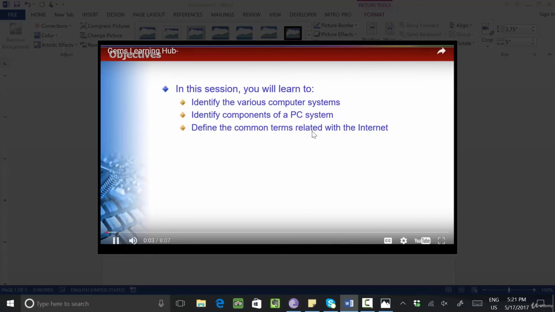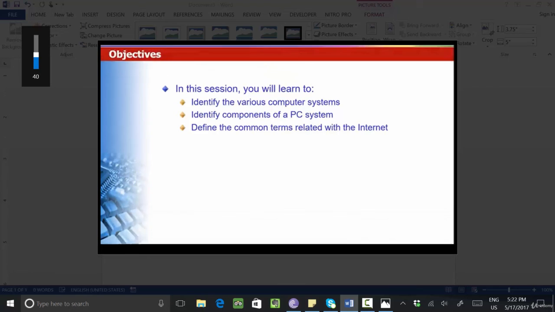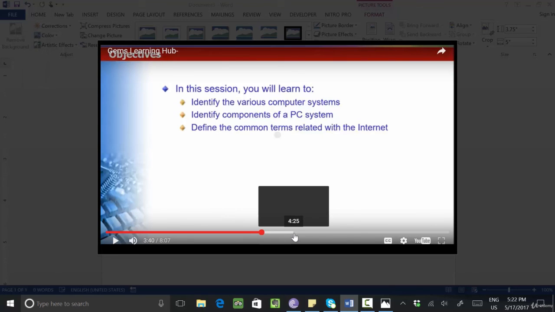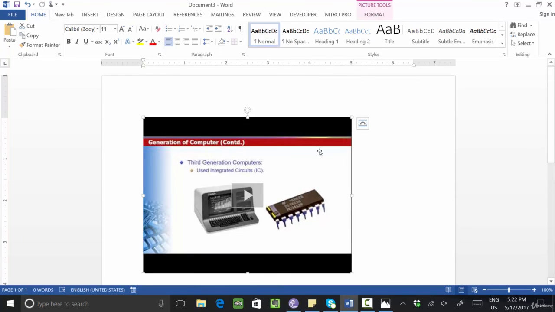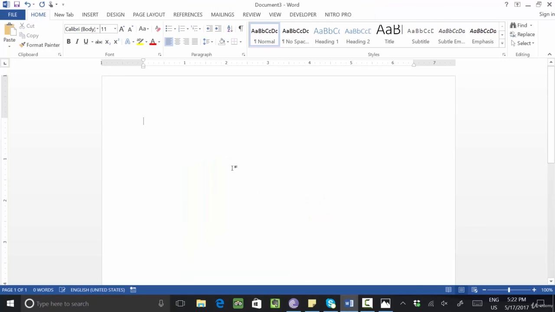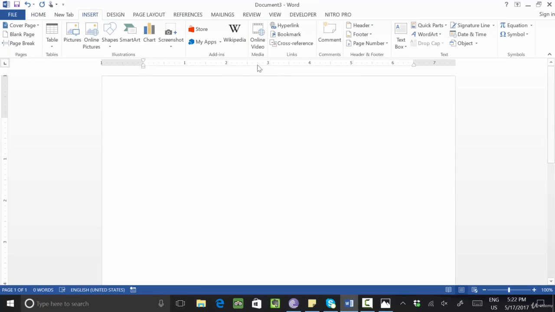Clear? This was also recorded by me. Okay, everything is there. Clear or not? Yes. Okay, so in this way you can insert and you can paste. If you want to give the link of any video in your document, then you can use this option. So the person will click directly on the link and be connected to YouTube directly, without needing to go to the website. Okay, in this way we can connect. Is it clear? Yes. Okay, up to this part any doubt you have? No?